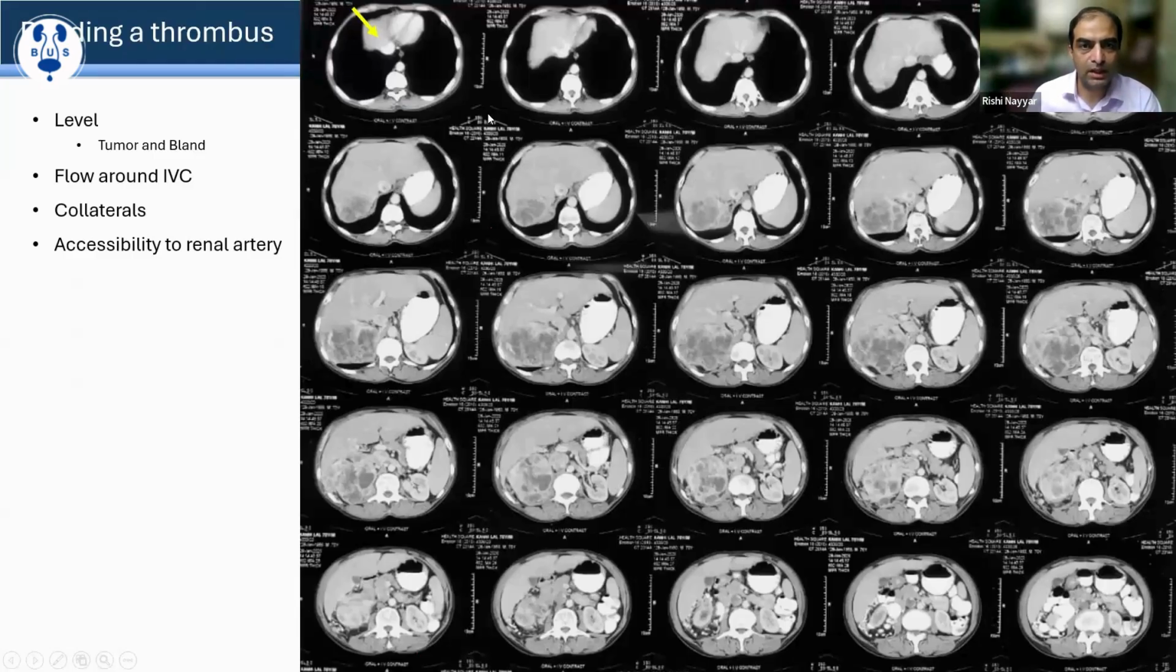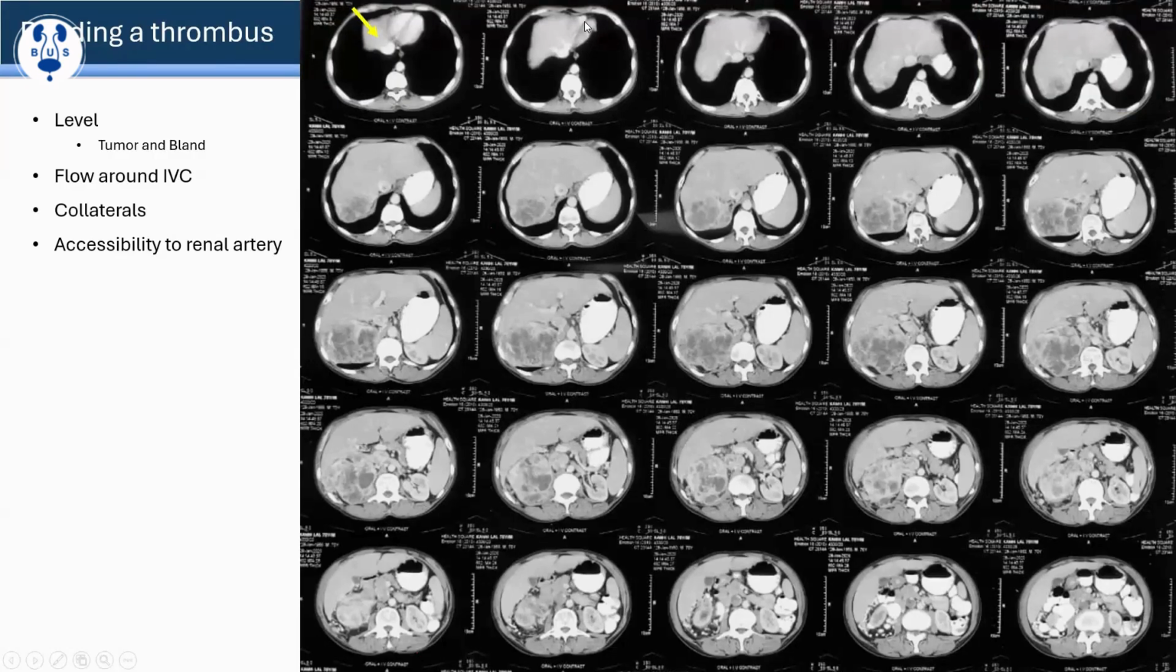So let's start from this IVC, the cranial part of IVC, where we know that this is normal, and we can keep following it. And this is the level of the hepatic veins, you can see. Normally, the right and the middle hepatic vein would join together, and the left hepatic vein would drain separately into the IVC. In this particular case, it seems to be anomalous drainage, where the middle and the left hepatic vein